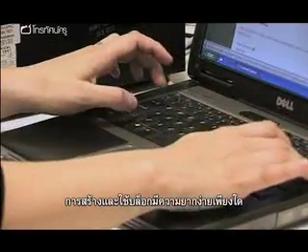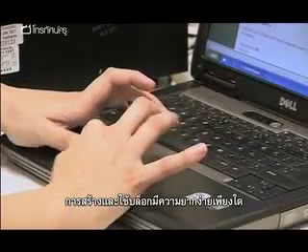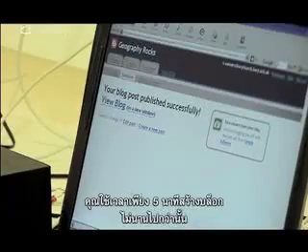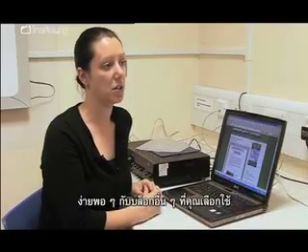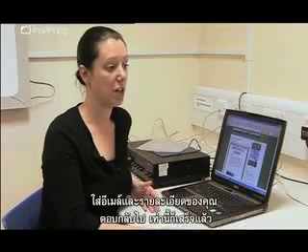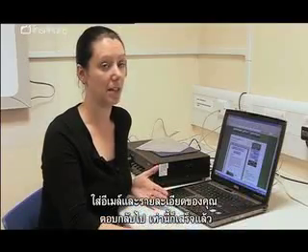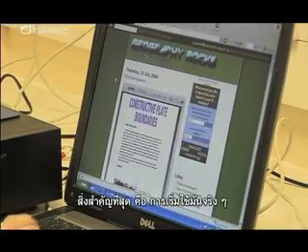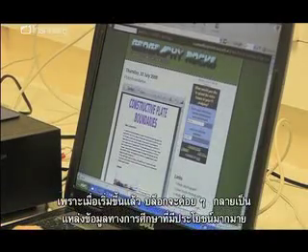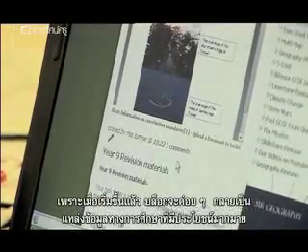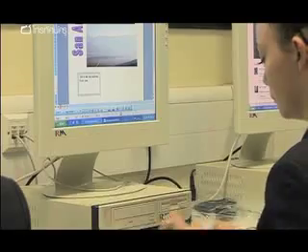But how easy is it to set up and maintain a blog? To set up a blog is really 5 minutes. It's no more than that. But it really is as simple as going to whichever blog you've chosen to use, entering your email details in there, responding to that, and you're up and running. The most important thing is actually sitting down and starting it, because once it's started it can grow and evolve into something like the Geography Rocks blog has, which I hope is a really useful educational resource.